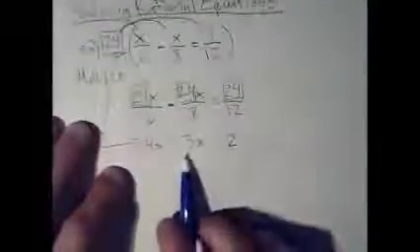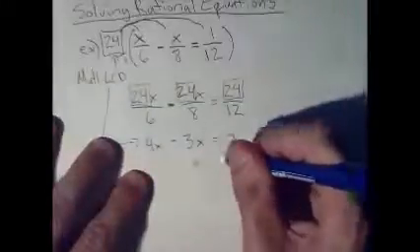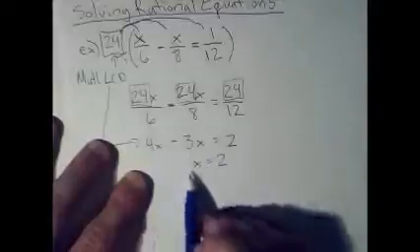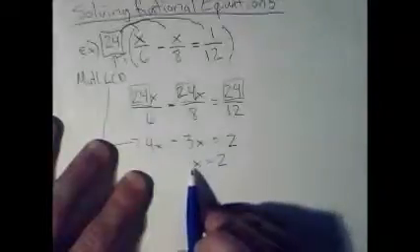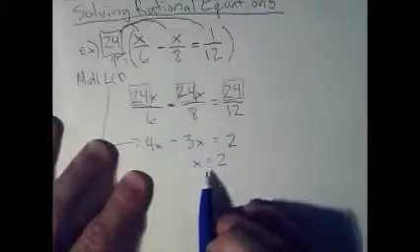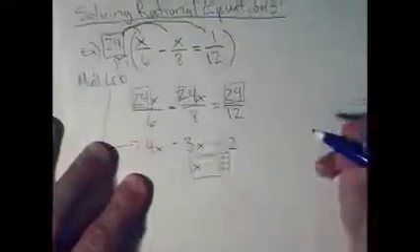Now, this one's going to be excessively easy. When I have 4x minus 3x, I get a single x equals 2. Don't be deceived. It may be the fact that maybe when we subtract, we get like a 2x or a 3x. You would still need to divide by whatever coefficient, and there may still be constants. This one's set up a little bit easier, but the fact that I got that x equals 2, remember what